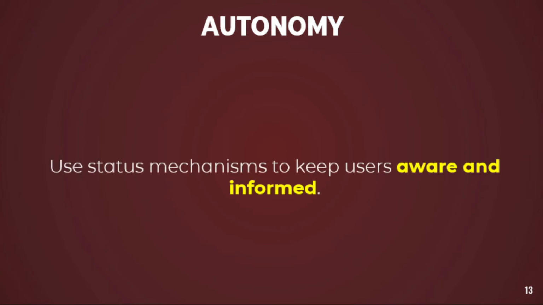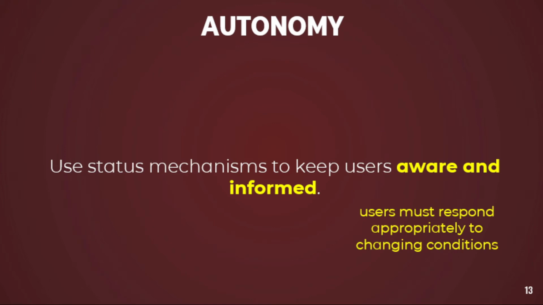Now, we have to make use of status mechanisms to keep the users aware and informed. That's very important, because users must respond appropriately to the changing conditions. When they click on something, they must be able to identify, oh, okay, so this is what happened. I click this link. This is where it went. Now, I click 3 links. It went this way. How can I get back to the original link or to the home page where I